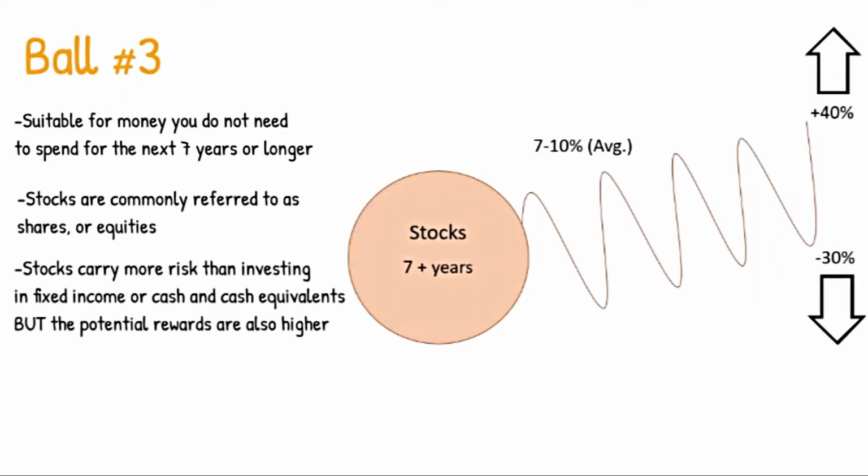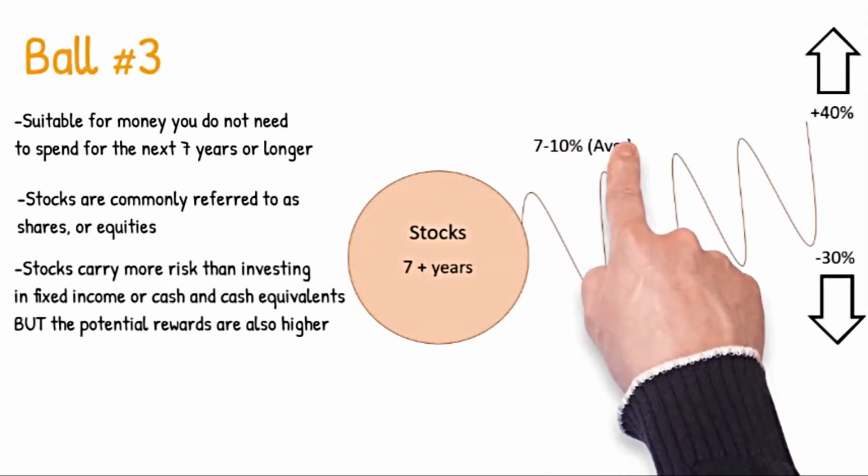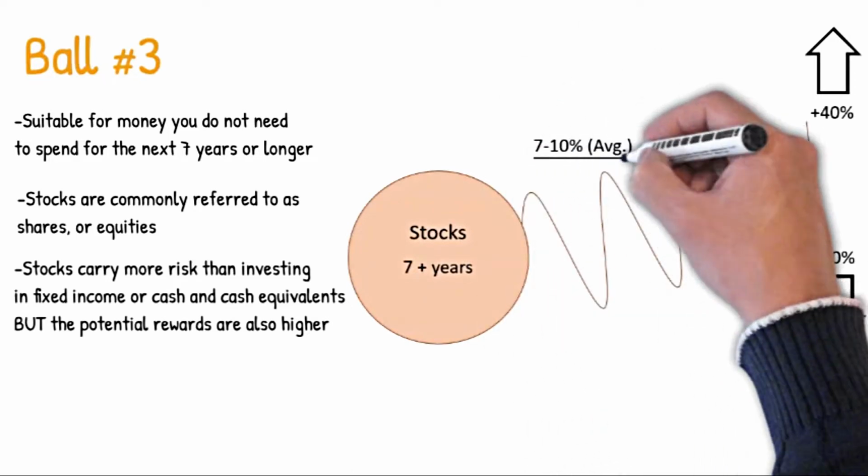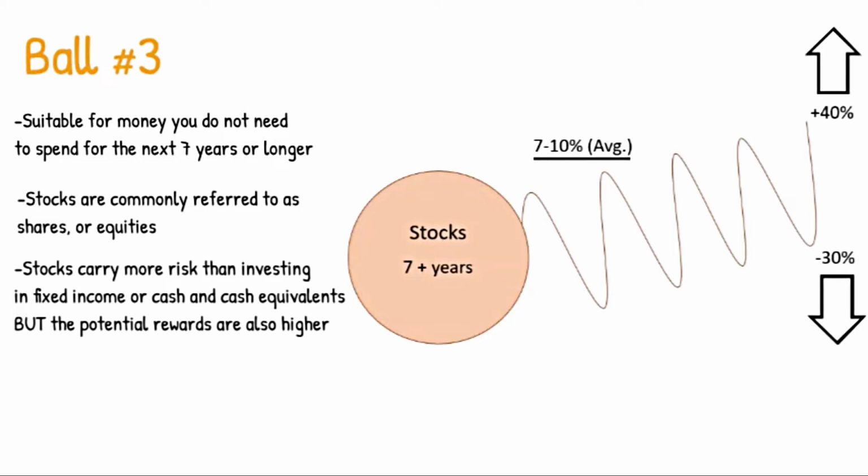Of course, if you are only invested in one stock rather than a fund that owns a diversified portfolio of stocks, your potential upside is higher but the risks are also much greater. This is called concentration risk if you are not well diversified. If you can remain invested in a diversified portfolio of stocks for 7 years or longer, you should expect to grow your portfolio between 7 to 10% on average over time.